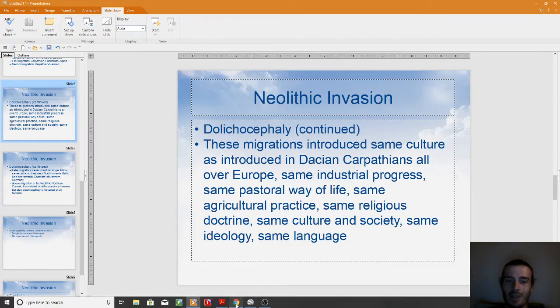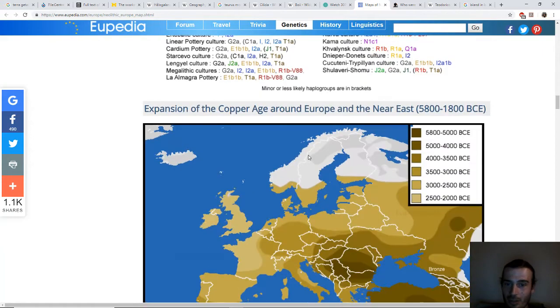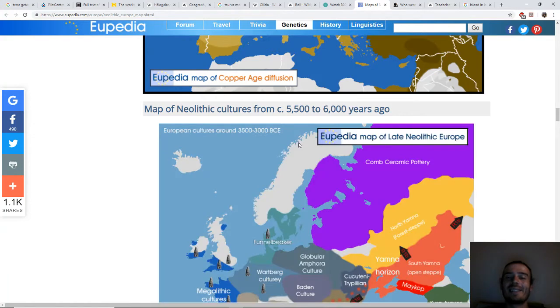In other words, whatever modern science labels these cultures as, they're the same culture. Originally, they are the same culture. And in time, as they remained isolated and further invasions occurred and mixing of more bloodlines, they became different. But at the base, they are all the same culture. And regardless of what modern science says,